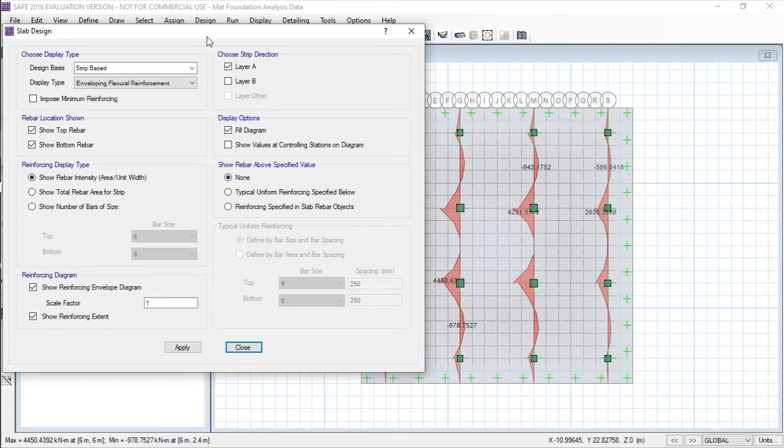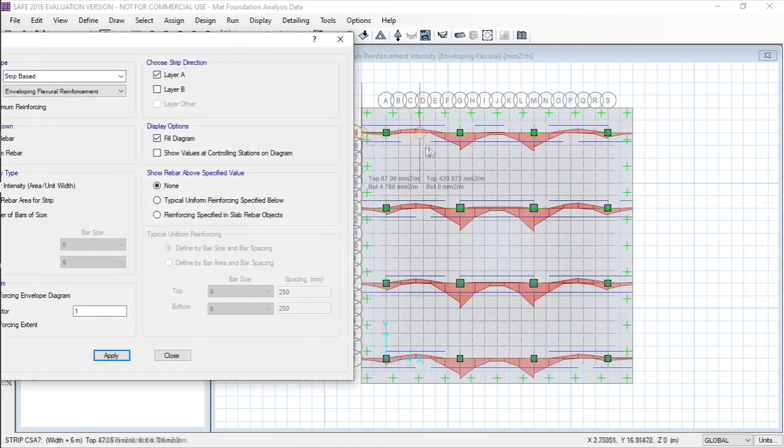Over here we can see the reinforcement area. Now, design basis is slab based, this is not for finite element based, and design type is enveloping the flexural reinforcement. And for the filled diagram for layer A, just click the apply button. You can see the reinforcement at top and reinforcement at the bottom.